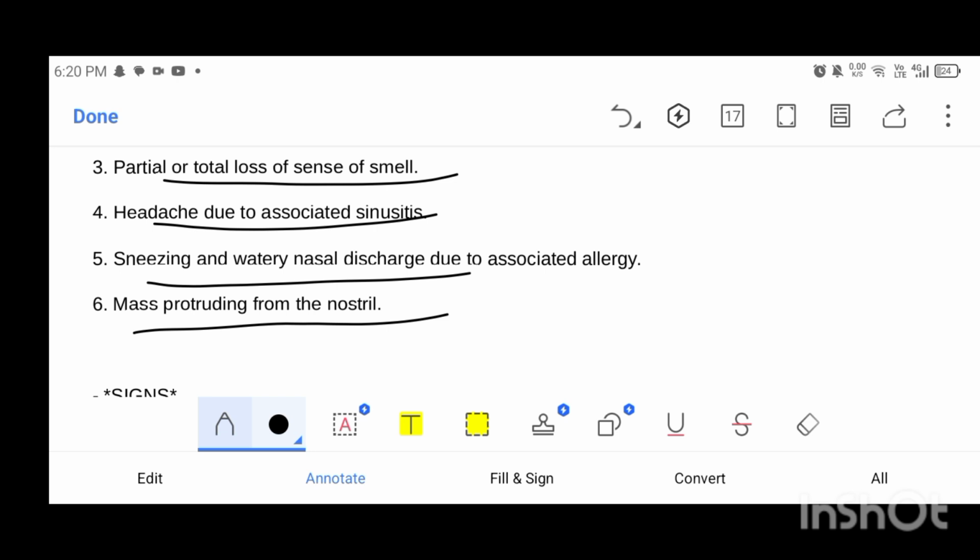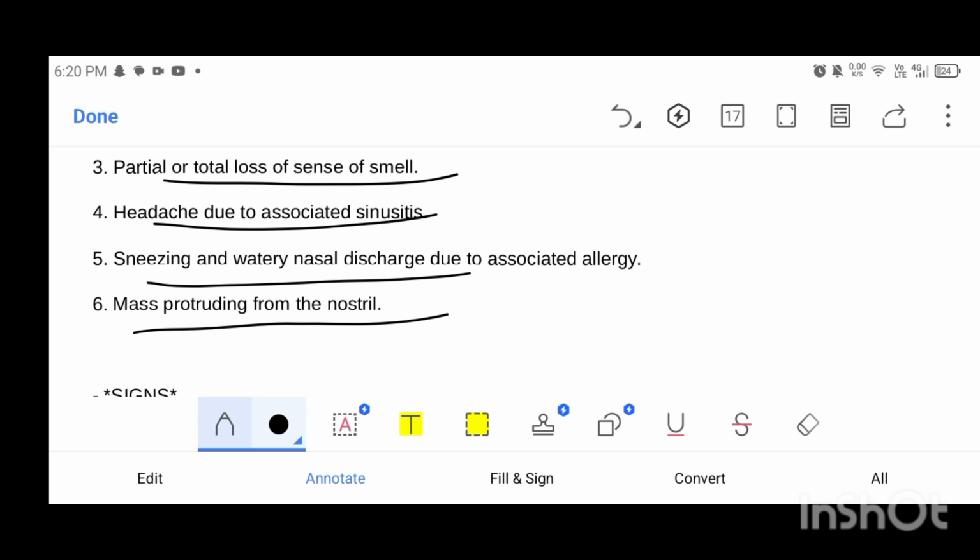The important question is, how will you differentiate an antrochoanal polyp from the ethmoidal polyp? Basically, if we see an antrochoanal polyp, it has a pinkish appearance on its exposed surface, and if we examine it on endoscope, we see its antral and choanal parts. And if we do the posterior rhinoscopy, we see its parts.